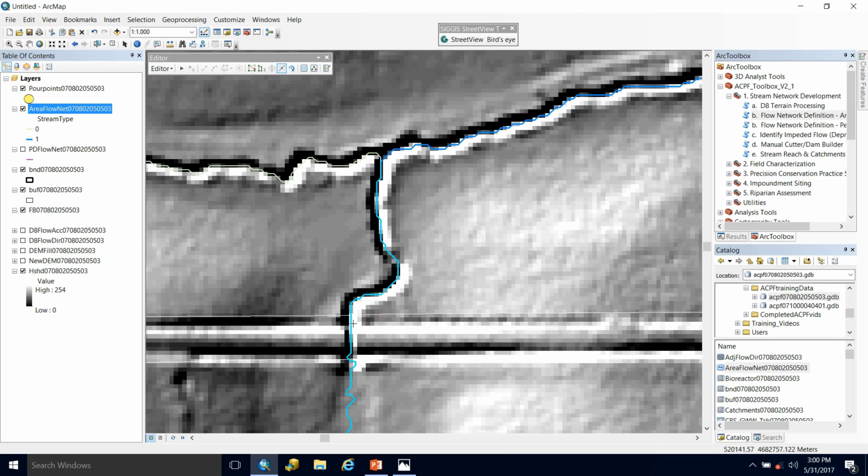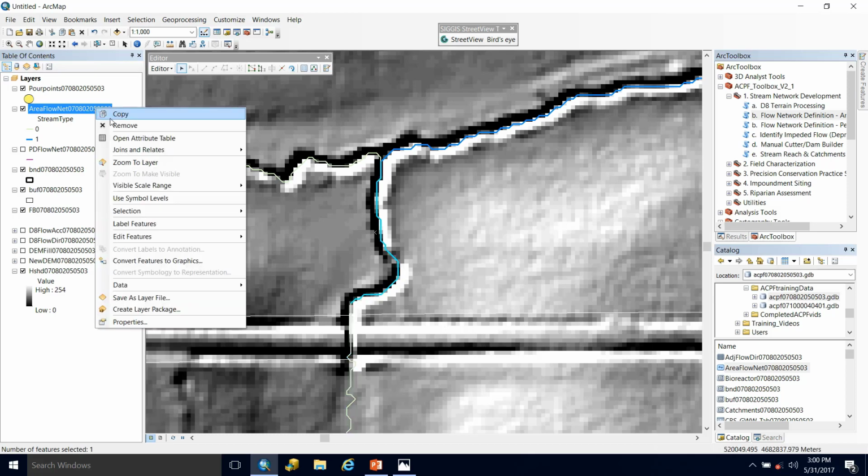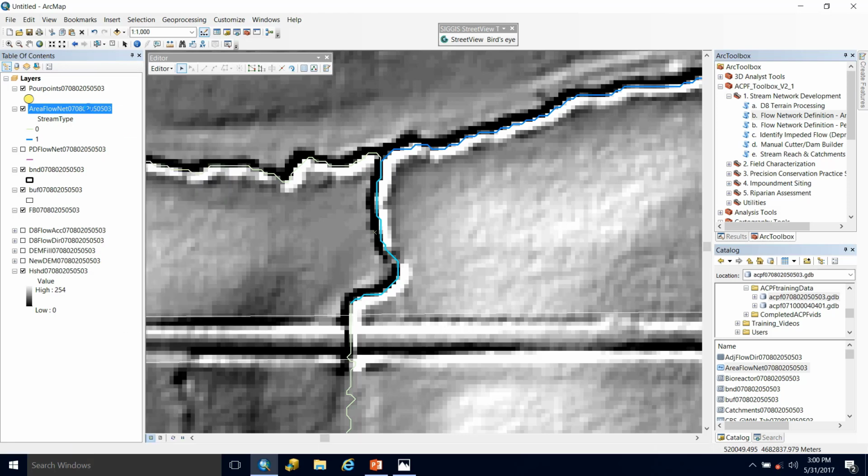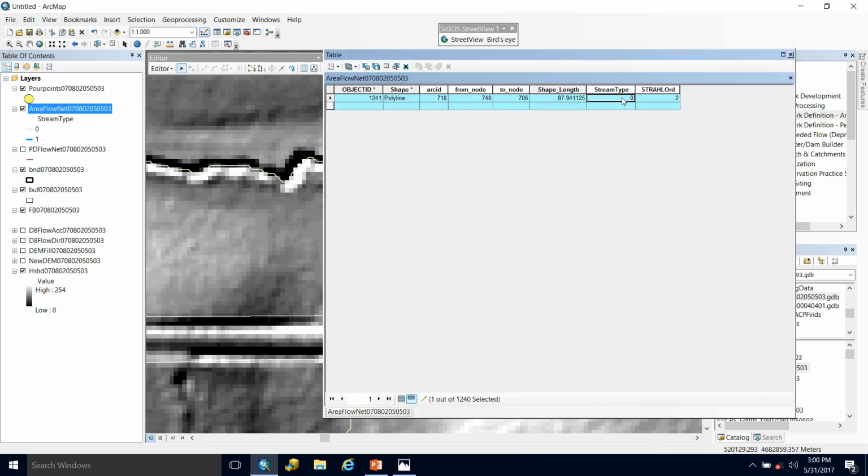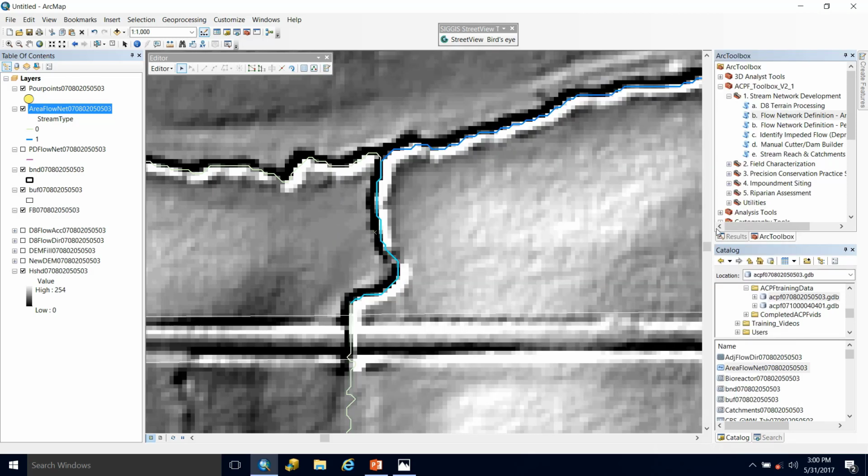So within my hillshade, I can see where the road is. It's right around here, and I'm going to choose to move a little bit downstream of that. I can see by this white line I'm within my field boundary now, and select. And now you can see that I have split this segment into 2, where here is the upstream portion and here's the downstream portion that I'm interested in. And with that selected, I can open up my attribute table, go to the stream type, and give this a value of 1. And now when I deselect, we can see it's included.